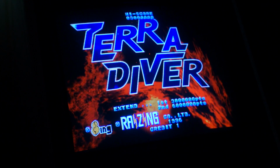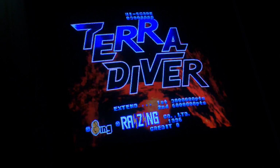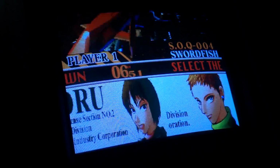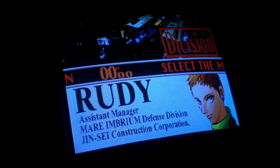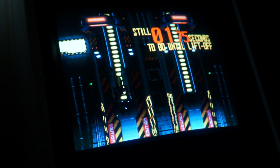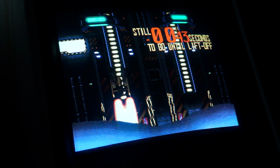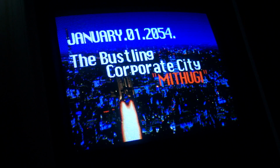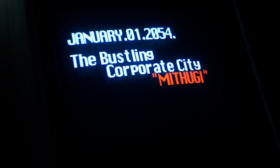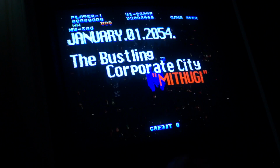Alright, so Terra Diver, there you go. We'll just go ahead and put a credit in. It's been a very long time since I played this game, so I just like the name of this one, it's Scallop. It looks really nice on a CRT, not so much on flat screens. If it's properly upscaled, it looks okay, but I think it looks a lot better on a CRT,